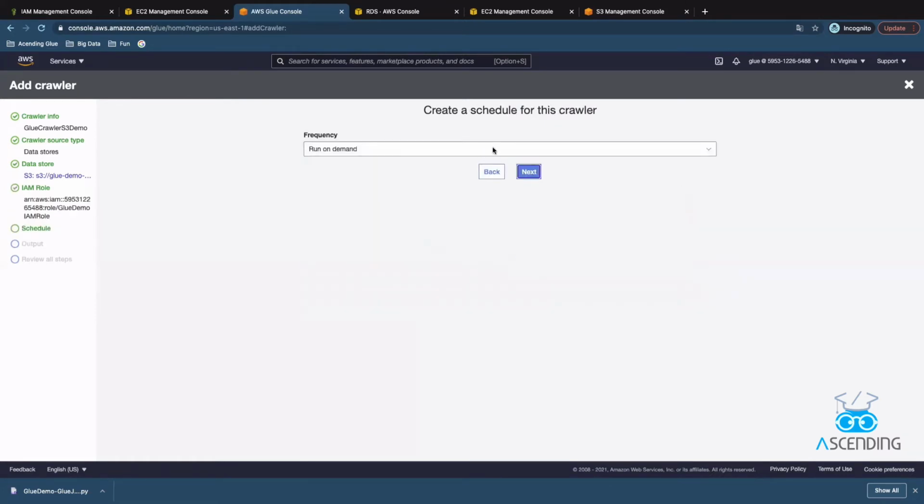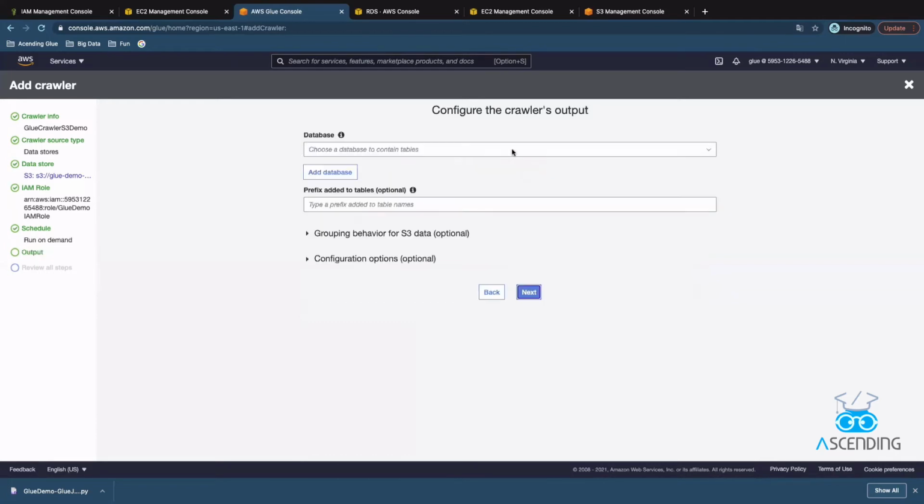We choose on demand here, but if you need a cron job crawler, you could do your own setting here. Your data catalog information will be stored and managed in the Glue database. The database here is not the same concept you learned from a relational database. You can add one database when you create the crawler.